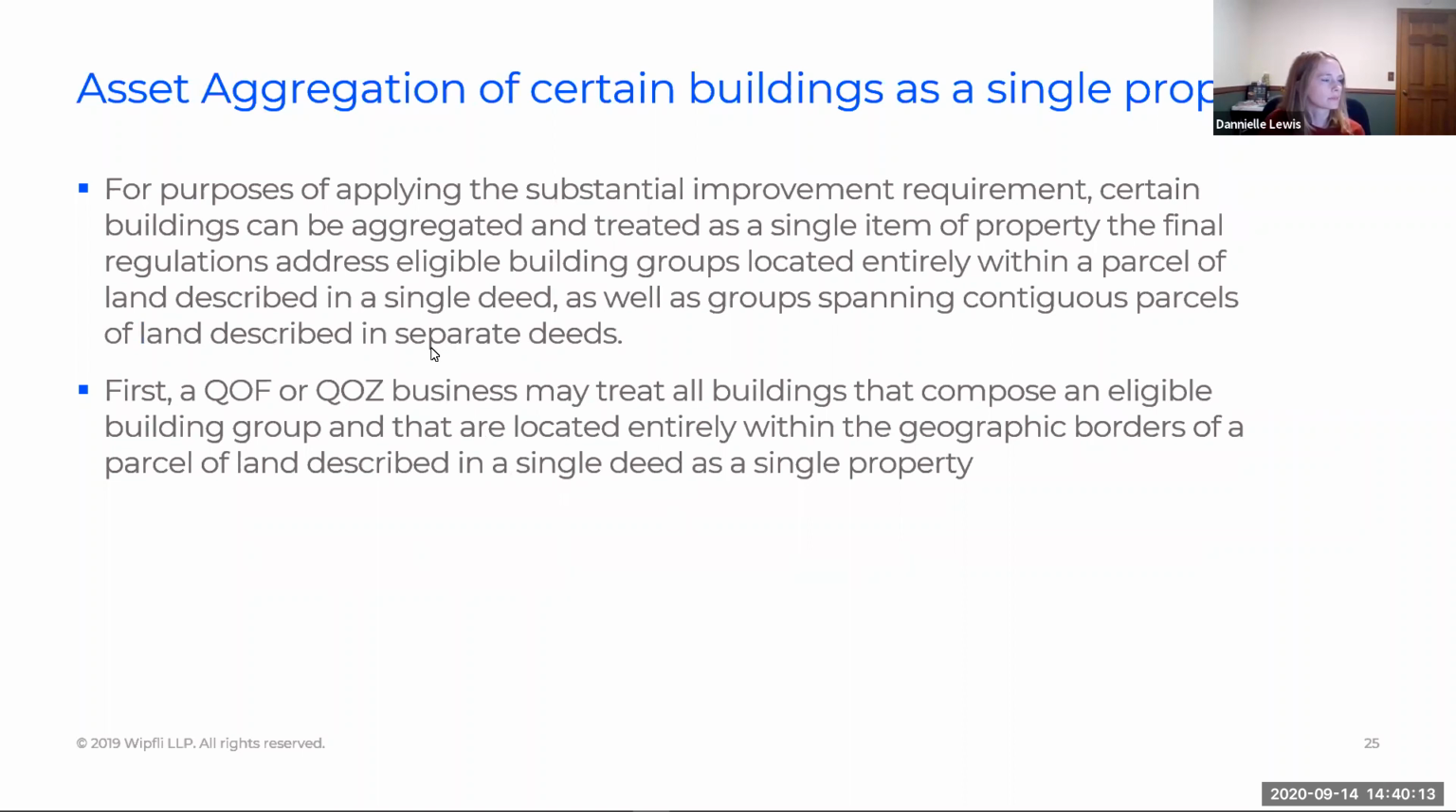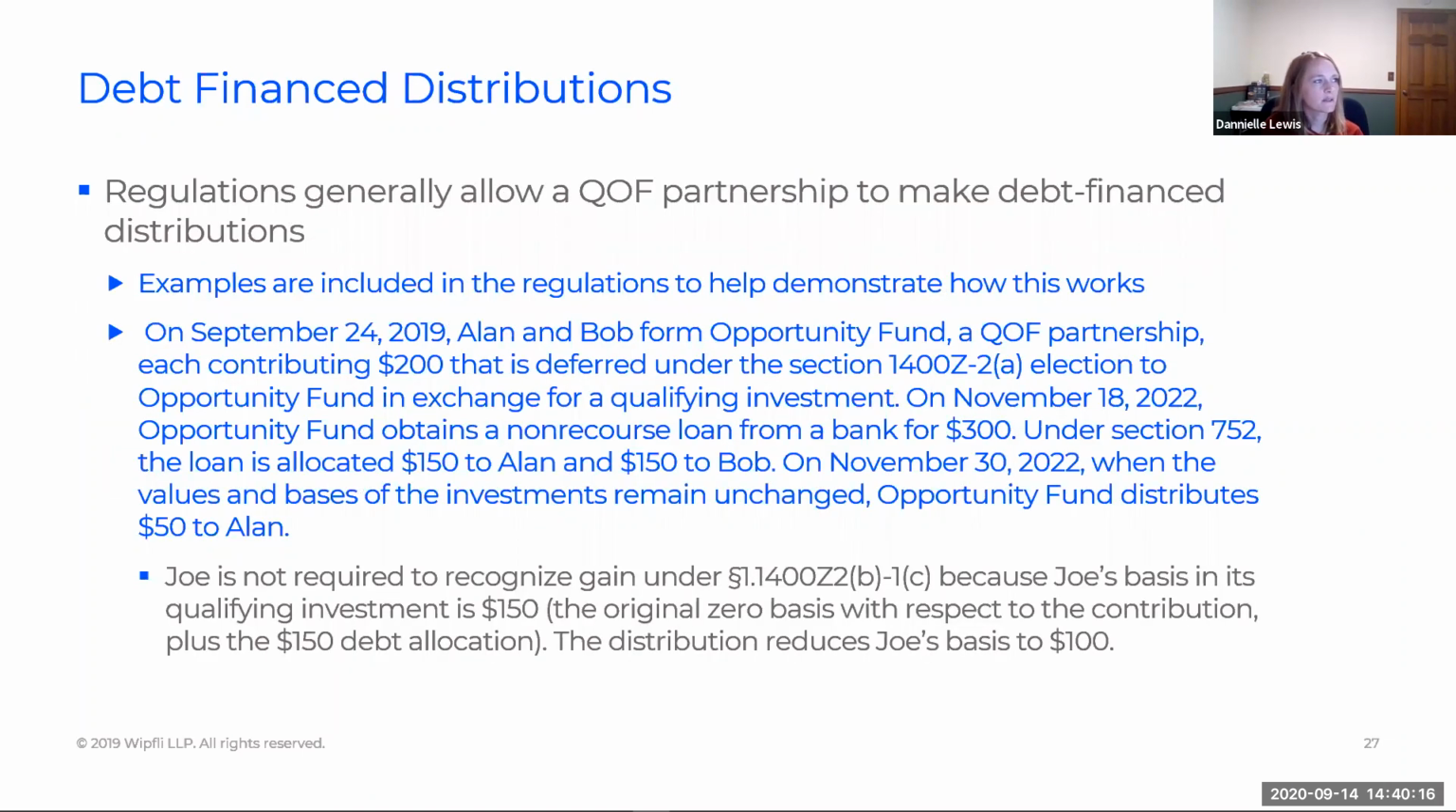Another big piece of the final and proposed regulations was they clarified that debt finance distributions would work in a QOF. This was a huge question, particularly with real estate deals, where typically, once the deal has become stabilized, they refinance the debt and do a big distribution out to the partners. And the question was, if I were to do this, would I then have to pick up gain? Thankfully, the final regs said, as long as you wait 2 years,